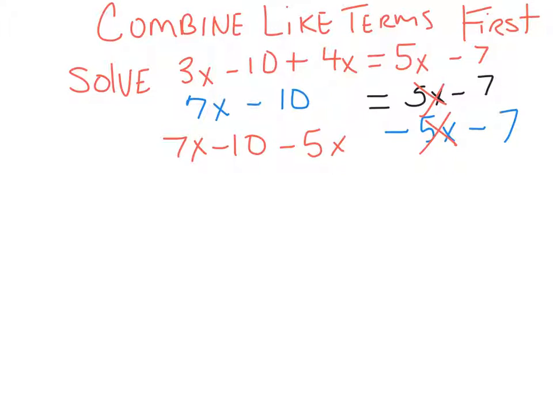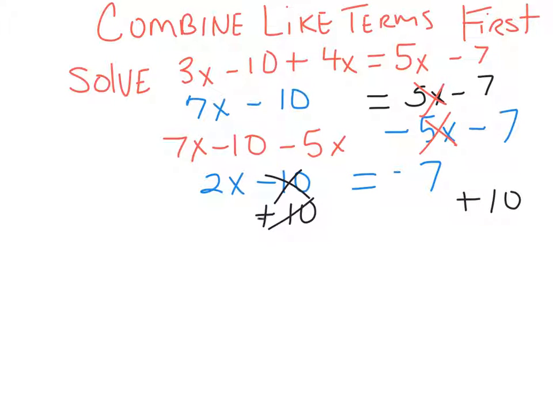Now we can subtract the negative 5x from the 7x. We're going to end up with 2x minus 10. We only have a 7 on this other side. Now we need to get rid of the 10, so we will add a 10 over here. These two are gone. That leaves 2x